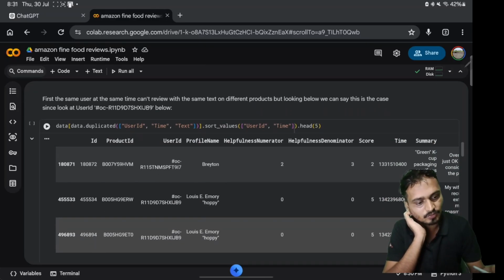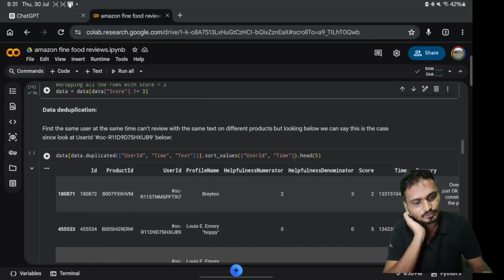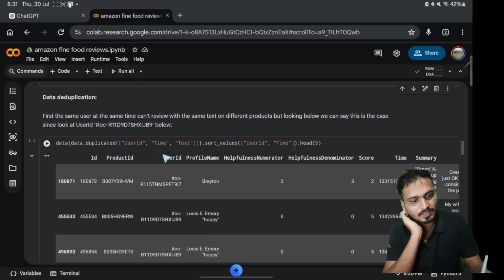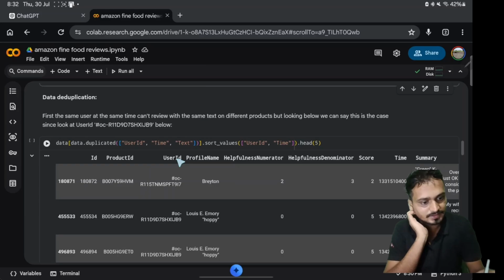What this line of code is saying is that a user at the same time can't review the same text. If user, time and text are all the same, and we are seeing that,